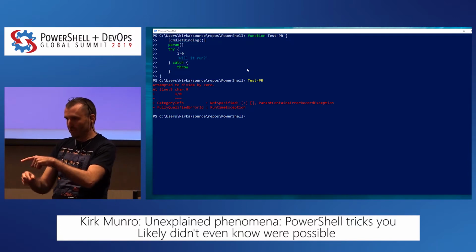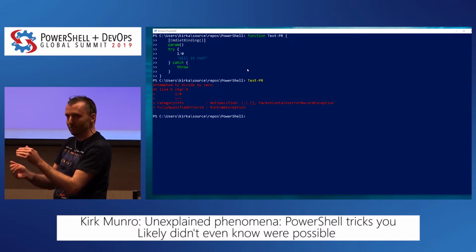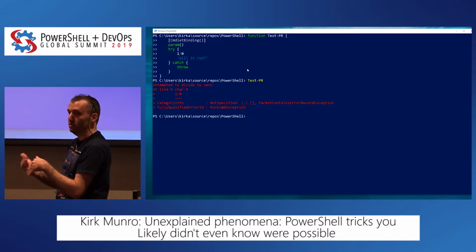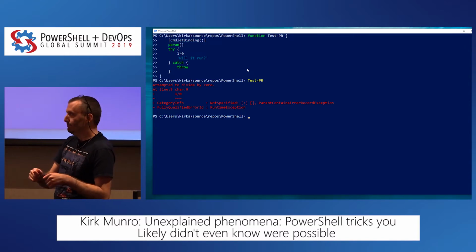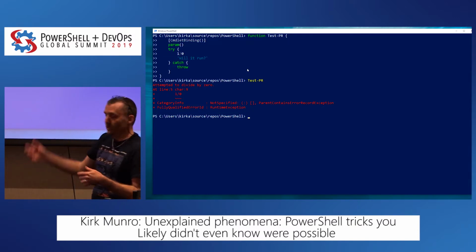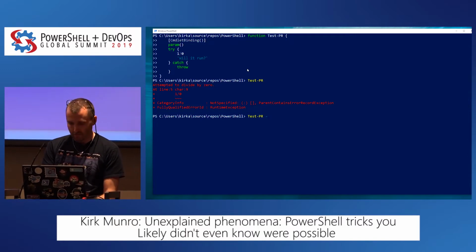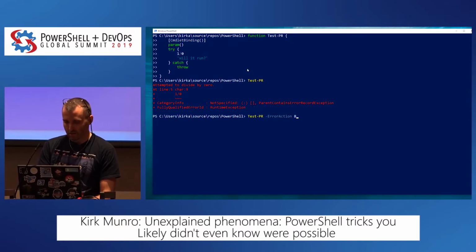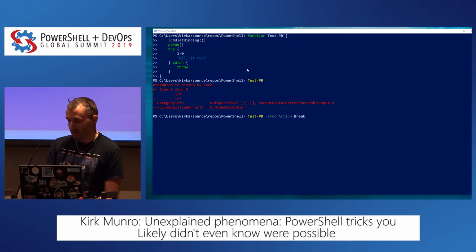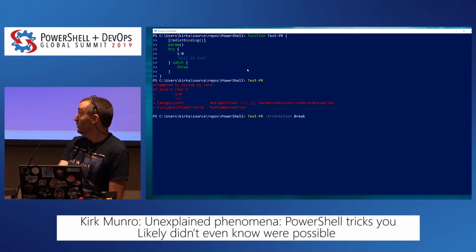Oh, I got to number 2. Okay, great. And then I got an error. And then you tighten up a little bit and figure out where the actual error is coming from, doing old school script injection and trying to figure out what's going on. With this PR, you don't have to do that because you can run test PR, error action, break. Error action break is new, and that's what I'm trying to get in PowerShell 7.